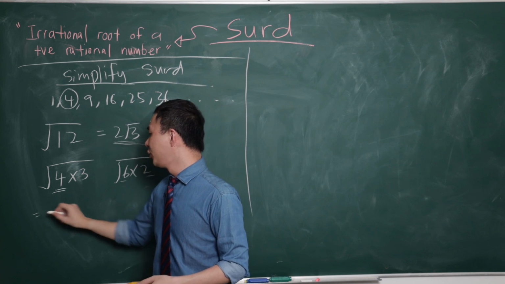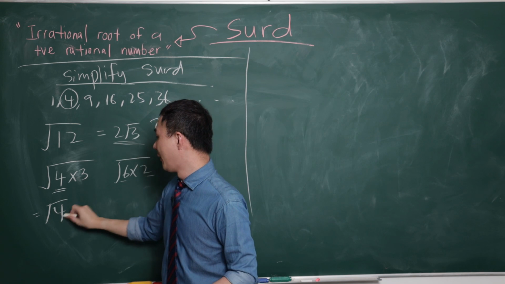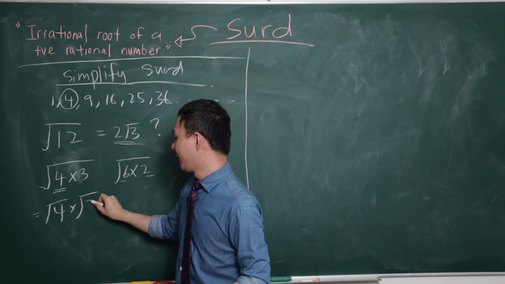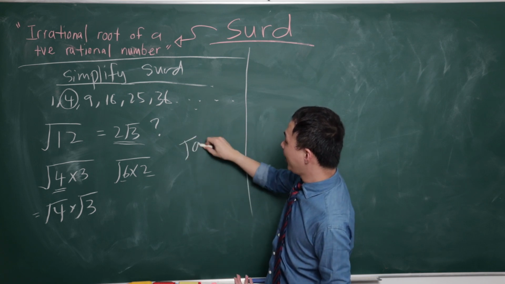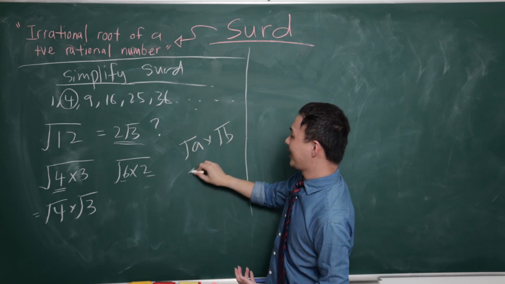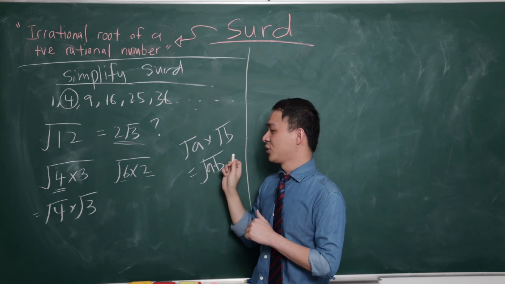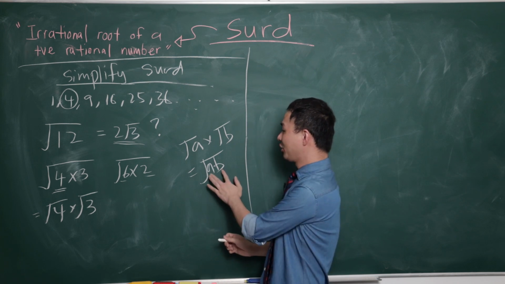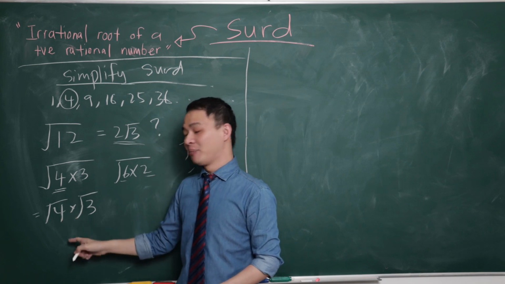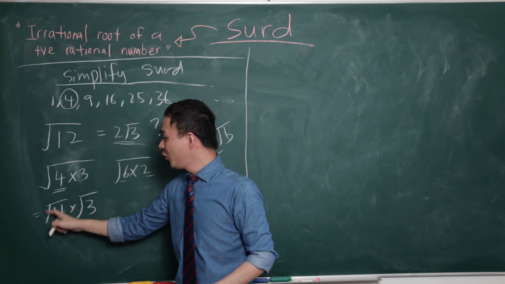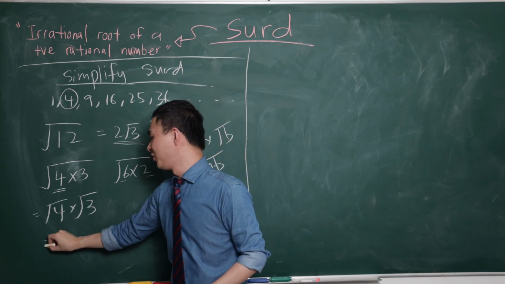And then the square root rule tells me what? If they are multiplied here, I can write it as square root 4 multiplied by square root 3. Because we know the surd rule, right? If square root A multiplied by square root B, we actually get square root AB. So this is one of the laws for square roots. At the same time, if they are multiplied, I can separate them like this. And then what is square root 4? Because this is a perfect square number, the square root of a perfect square number we can simplify as 2, isn't it? So this is the reason why I get